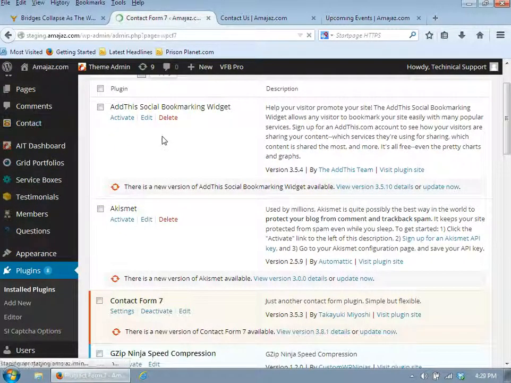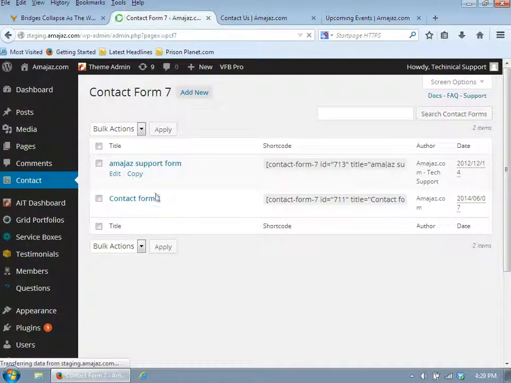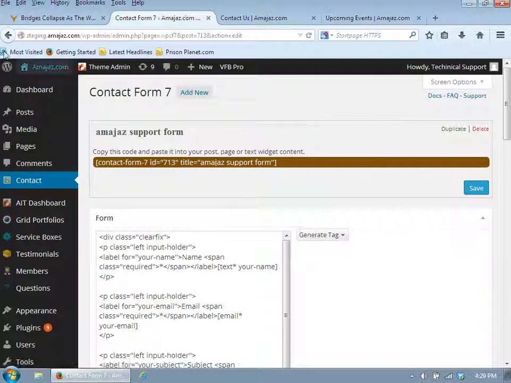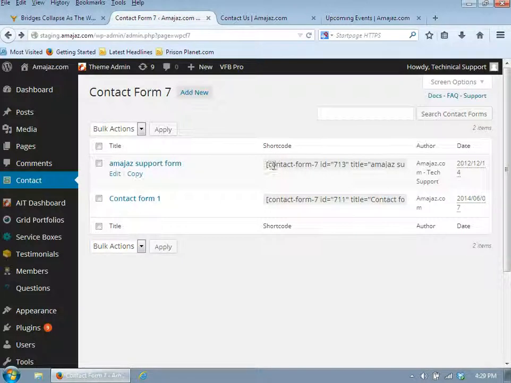So we're here on contacts. If you go to this contact form and you click edit, oh, look, it's right there. It's right here, sorry. So that short code that I just showed you, you just basically need to put that short code on the contact form page, or your page that